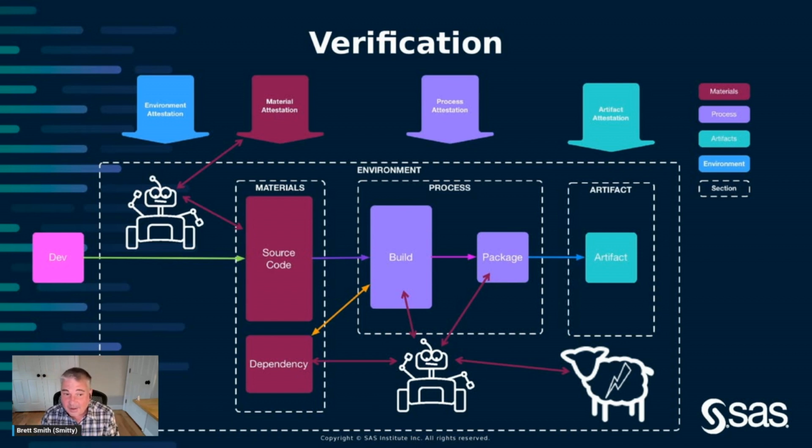And then in the end, it validates the resulting artifact. It creates signed provenance for it. So now you've got this artifact that you've got signed provenance for, so that when you go and download that artifact to use it somewhere else, you can grab its signature and know that it's what it's supposed to be and it was built in a process that you trust.